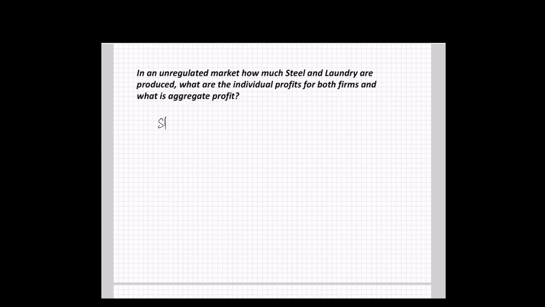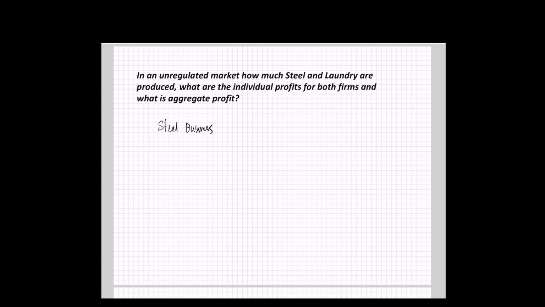So for the steel business, which we just went over, I don't know why I keep going in between business and firm or whatever. It was marginal revenue equals its marginal cost, 2S, sorry. So S, and we'll call this the unregulated market outcome, would be 4 units. All right, so M for kind of an unregulated market outcome. And in terms of the laundry business,